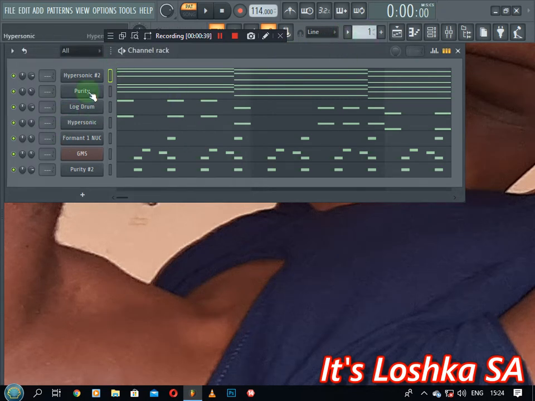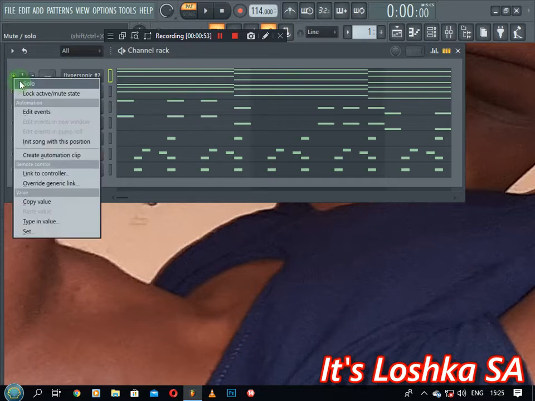So I already layered some sounds here on plugins so that we can save some time. We're just gonna go through the sounds, the chord progression and everything before we add